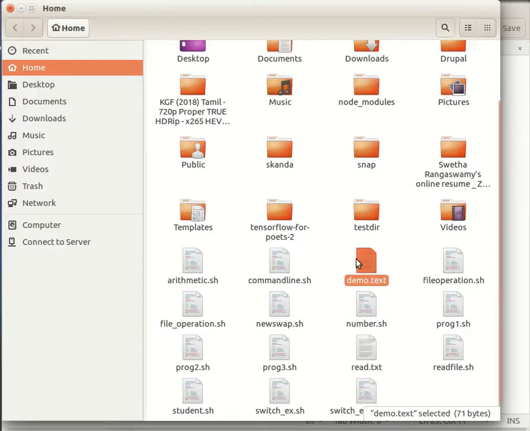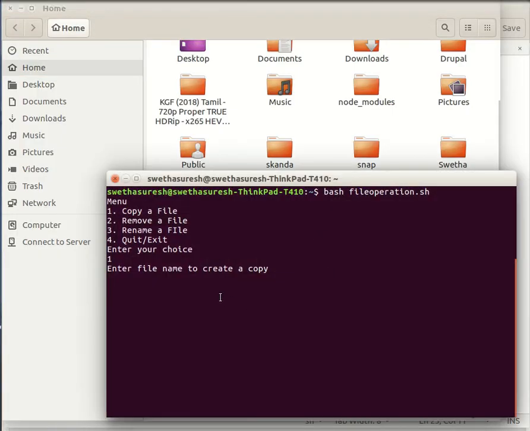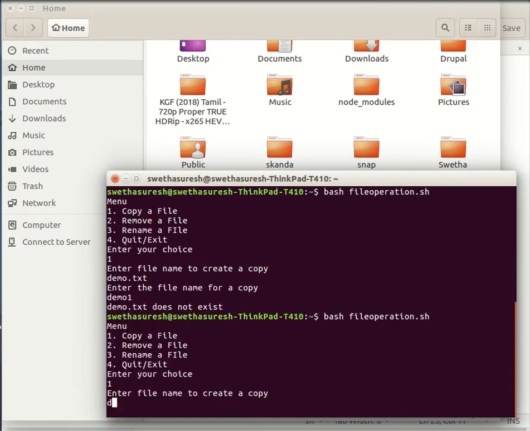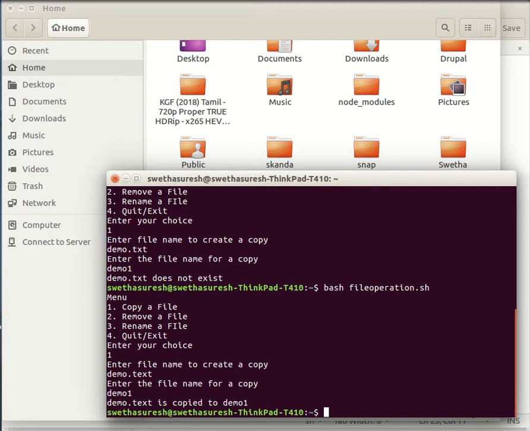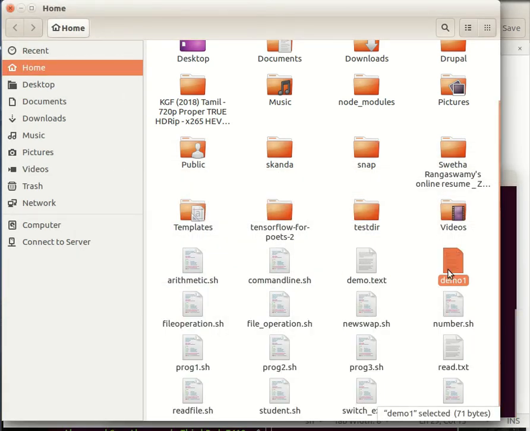We shall check the first option, that is to create a copy of a file. Enter the file name to create a copy of it, demo.txt. Enter the file name you wish to assign for the copied file. I will name it as demo1. Now let us check whether the file is created in the directory. Yes, it has been created.